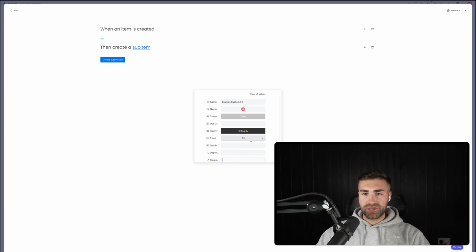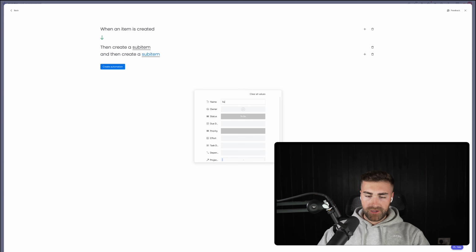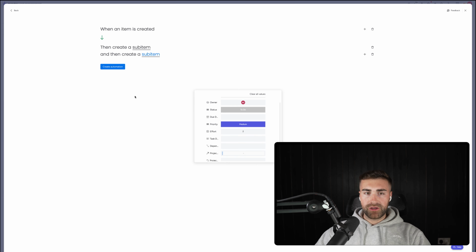And then what we could do is go ahead and create another sub item. So it'd be sub item example number 5. And we could go into sub item example number 5, and again the same principle applies. We can assign it to different people. Due date we can't really do anything about. Let's say this is a medium and the effort is 2 days, and then we could go ahead and press